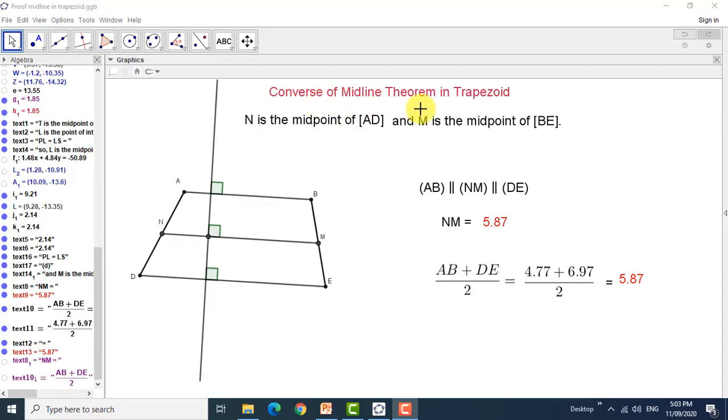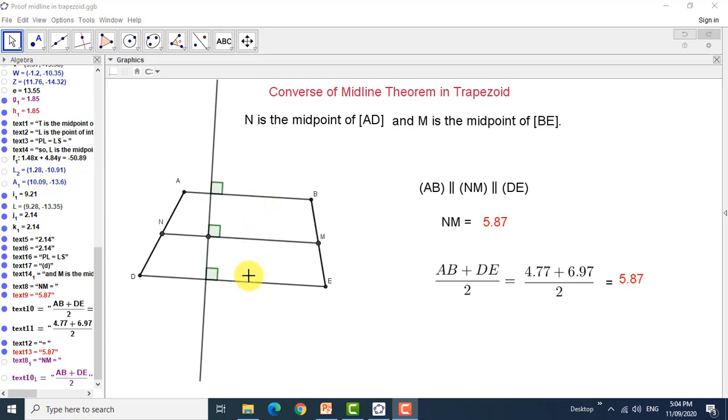Converse of midline theorem in trapezoid. ABED is a trapezoid, N is the midpoint of AD, and M is the midpoint of BE. We draw a line perpendicular to AB, and we notice that this line is also perpendicular to NM and DE at the same time. So 3 segments are perpendicular to the same straight line, then